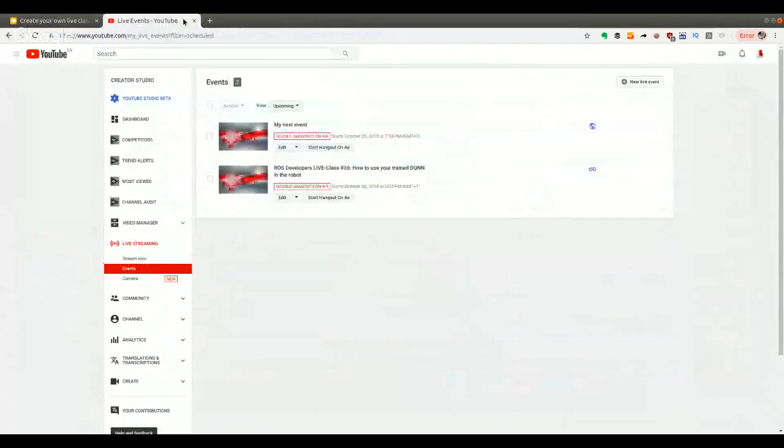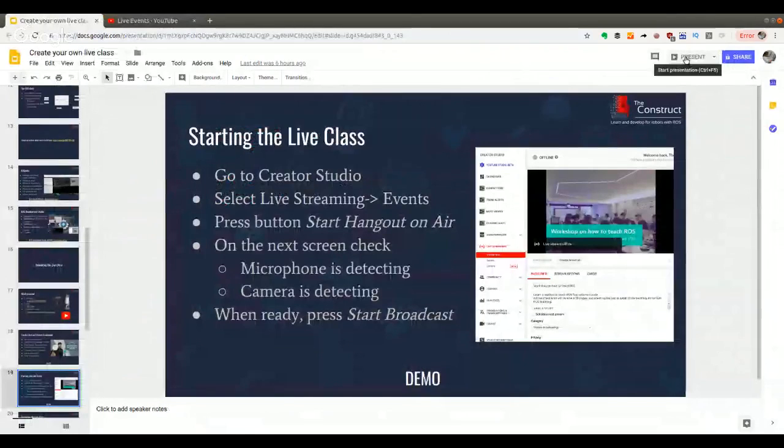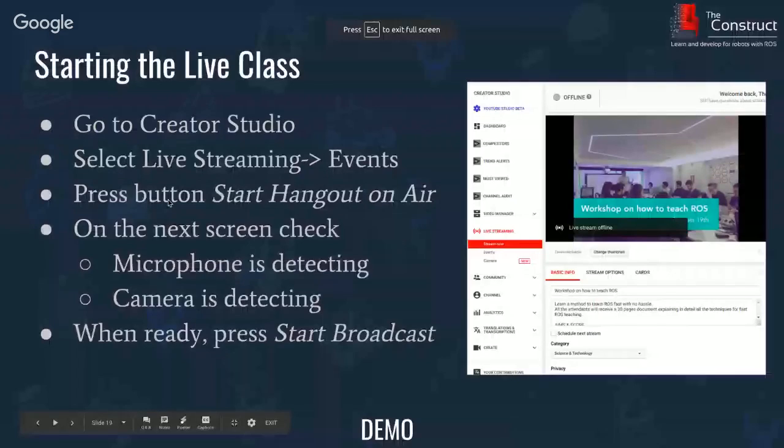Let me check here that we have proper configuration. Okay, so that's it. I cannot show you more, but basically what you have to do is